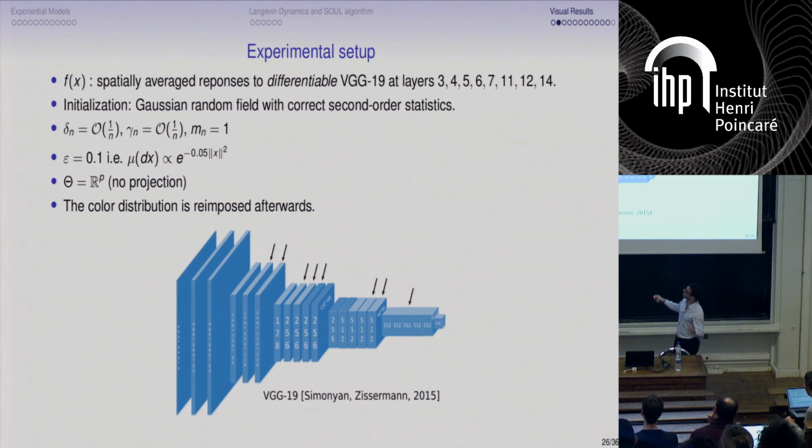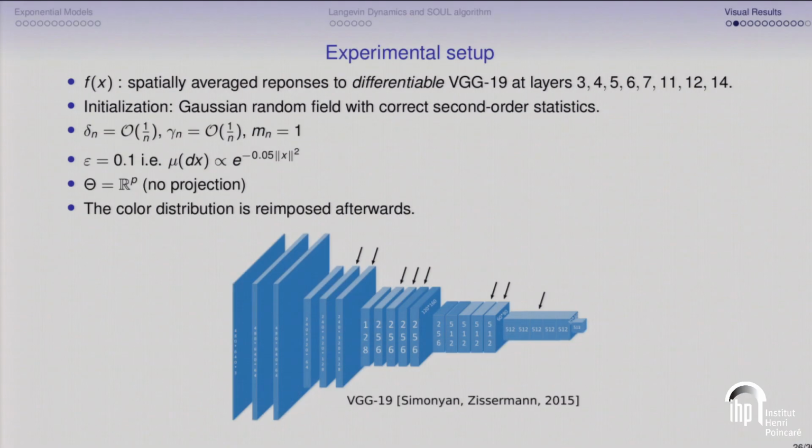Okay, an important thing for imaging is that if you do just the Langevin algorithm with the gradient procedure on the theta, the color distribution is not properly respected, which is a bit weird. I'm not a fan at all of this trick, but in the result that I will show you, we reimpose the color distribution afterwards, right? So we could probably work on a better way to impose these statistical things also.